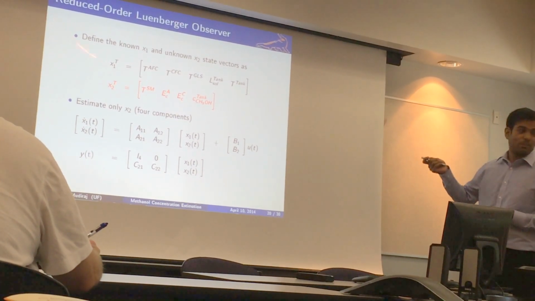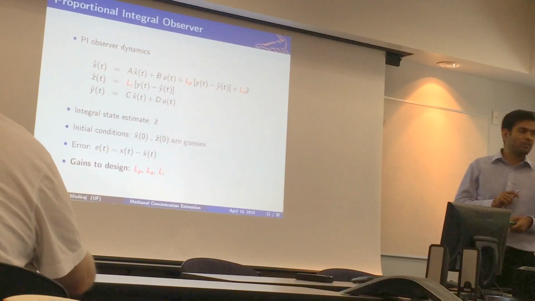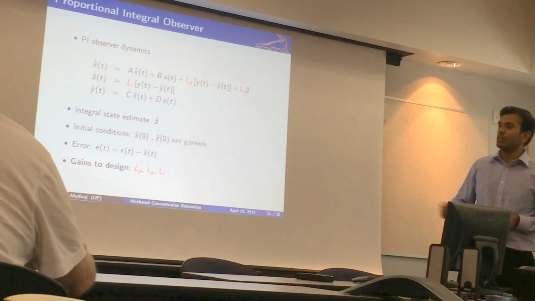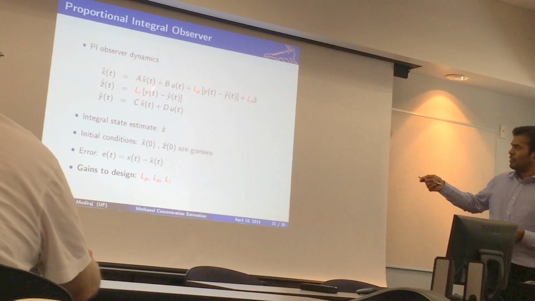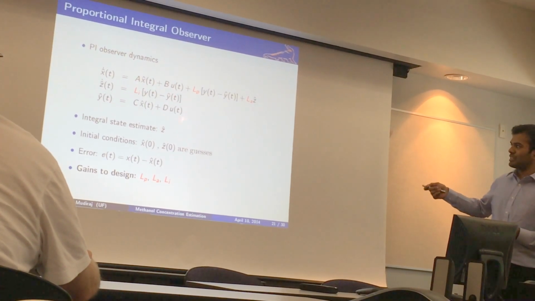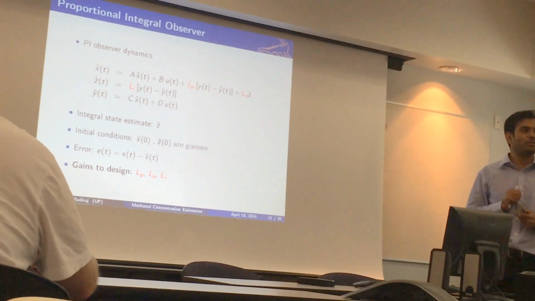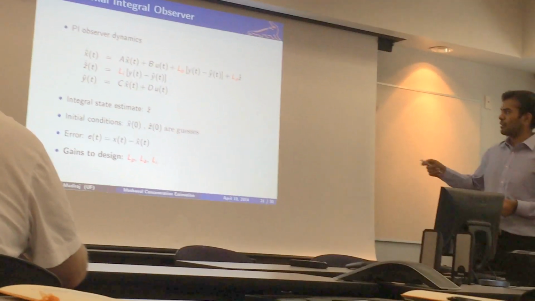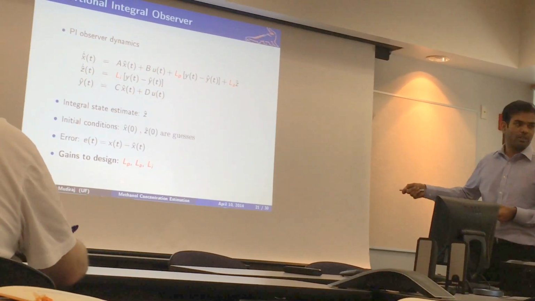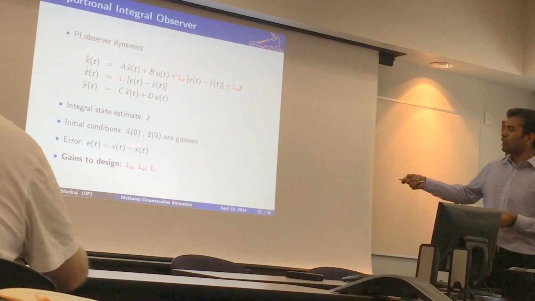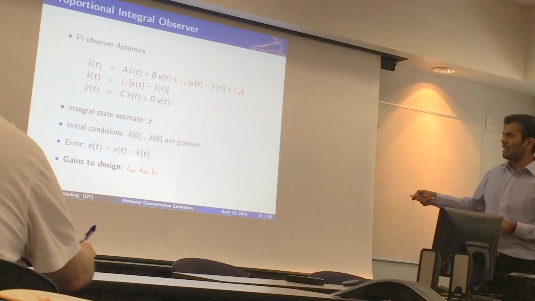Hence, reduced order observer is of interest to us too. Now, the third and the most important, interesting observer is the proportional integral observer. In this case, the observer uses the same A, B, C, D matrices of the linear model, but here instead of 1, we have 3 user-given matrices, LP, LA, and LI. So we made our design more complex by adding 2 more additional gains. And if we choose all these gains properly, we can ensure that the error between x and the x hat goes to 0.